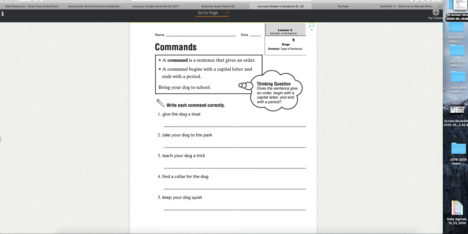Unless they're yelling it, then they might say, keep your dog quiet. Especially if the dog is barking loudly. Fantastic, Kinsley. Thank you. Keep your dog quiet. Nice job. Q's a tough letter to write too. So easy to me, because they have that doohickey thingy at the bottom. Keep your dog quiet. Nice work. Good work. Nice job, Lonnie. Keep your dog quiet. Check our friends here at home.